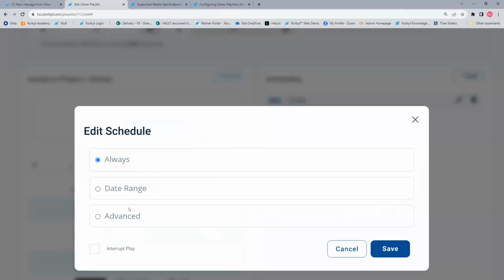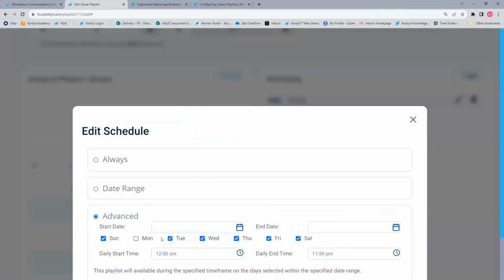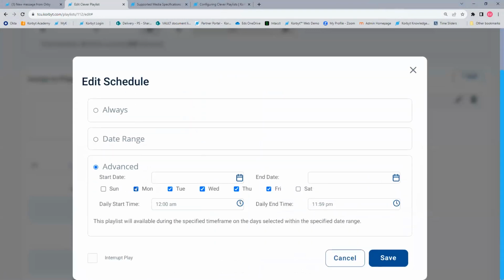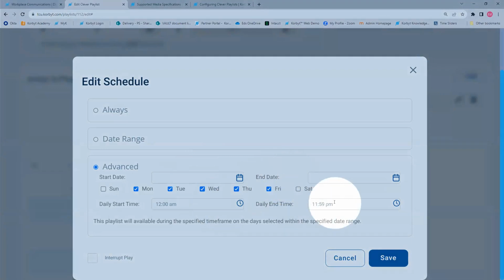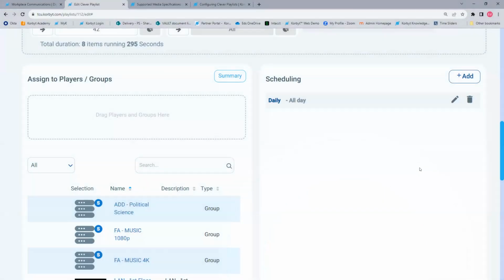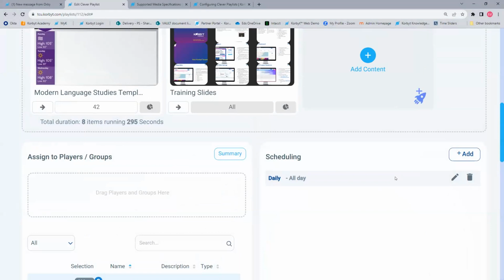You can get into the detail advanced schedule to say this entire playlist should only play during the week, Monday, Tuesday, Wednesday, Thursday, Friday, or between certain date ranges or in certain times. Players, the media players that you're not actually directly managing, they can receive multiple playlists. They will play them in rotation. So a player will just play multiple playlists happily in rotation.